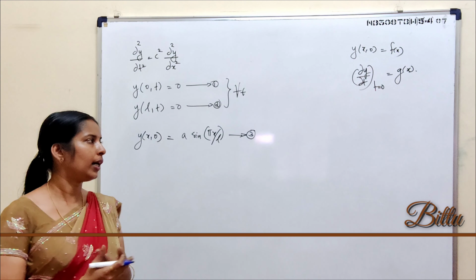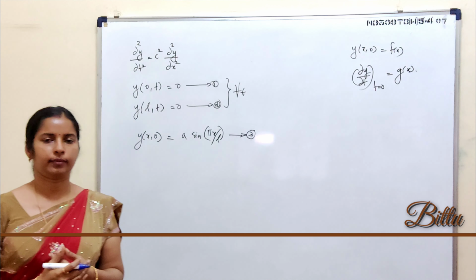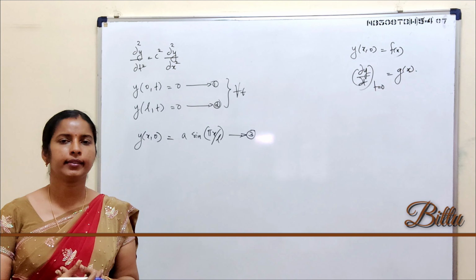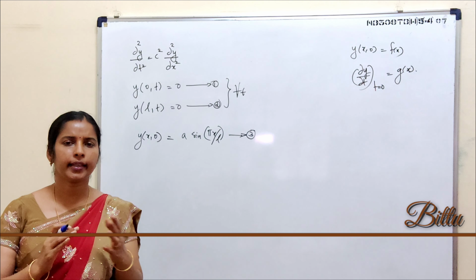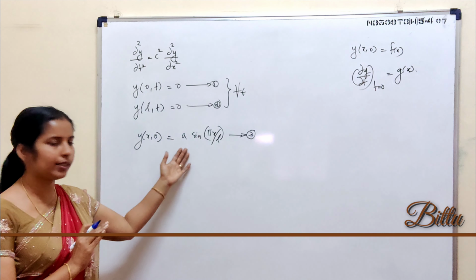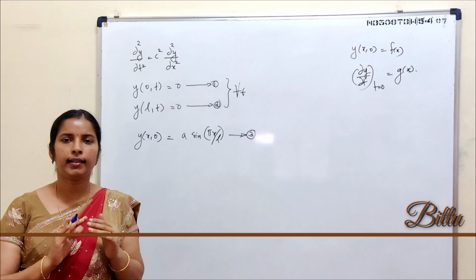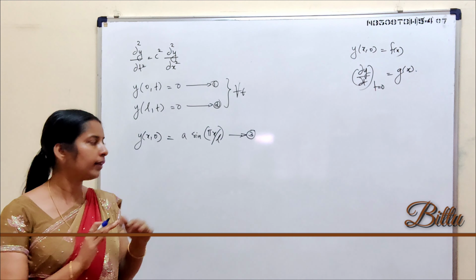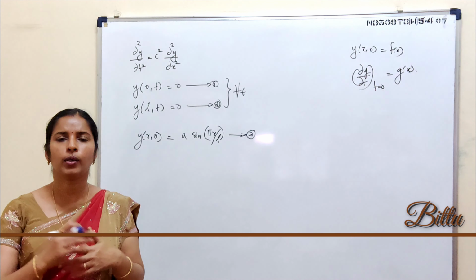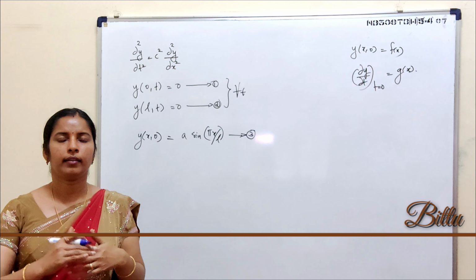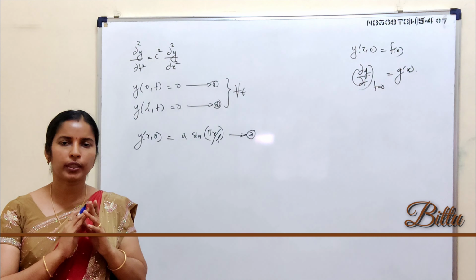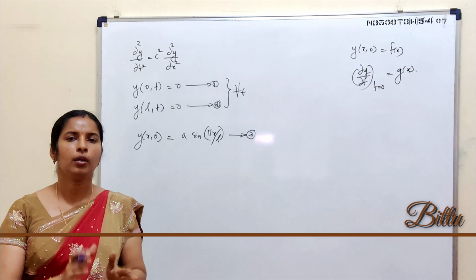Next, from the question you have to notice what g(x) is. Here the velocity is not mentioned, so you can take it as 0. There is also a hint that the motion is started by displacing the string in this form. That is, initially the string is at rest. That means there is no velocity for the string; it is not oscillating. If it is moving, there is a velocity. From that sentence, it's clear that the string is not moving, which means there is no velocity.